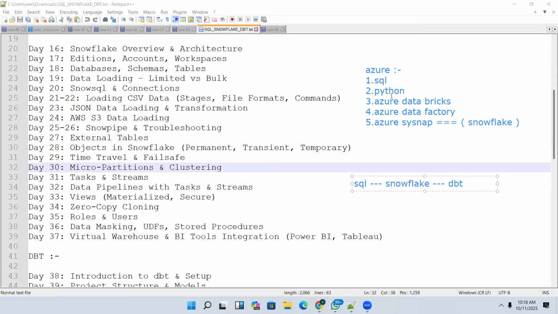But if you want to learn Azure Databricks, you should have a combination of SQL and Python. With these two, you may understand Databricks. Some complexity will be very easy in this. Did you understand? Is that what you are expecting? You have exposure to SQL and Python, then you'll understand the Databricks code.